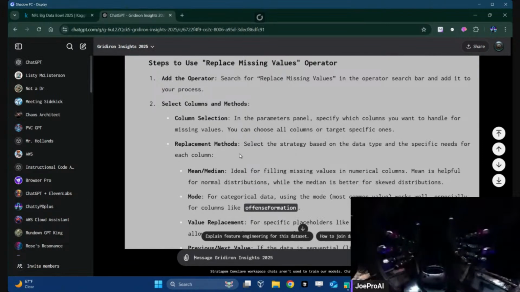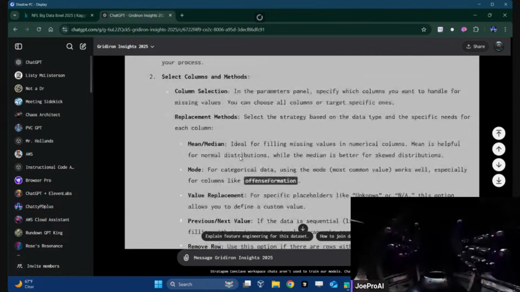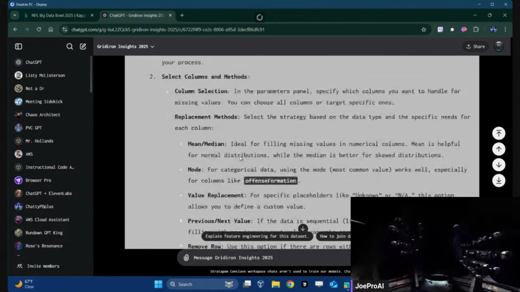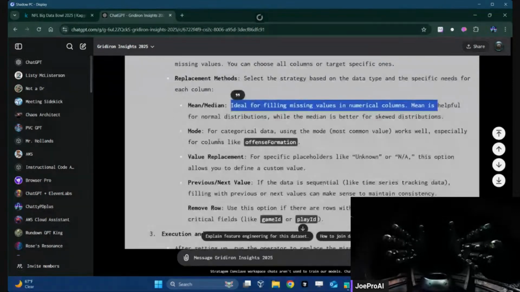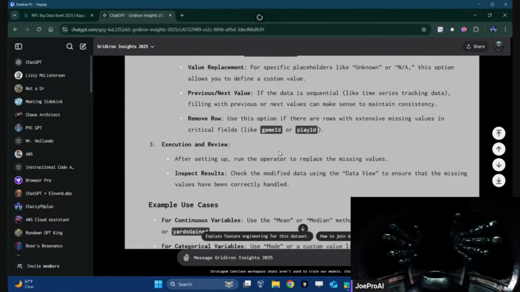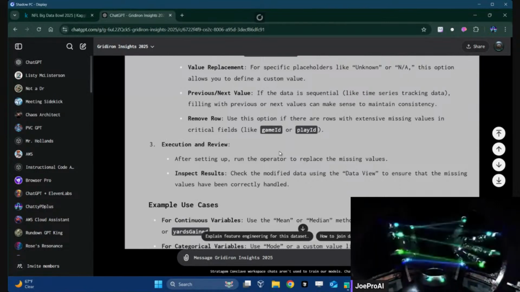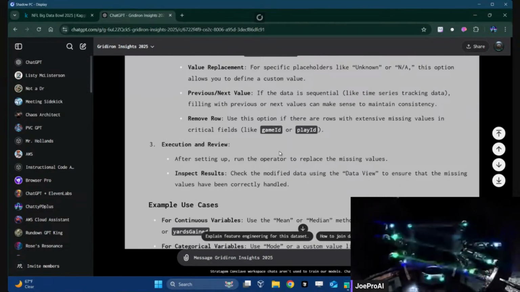Select strategy. So okay, so it's doing the thing, right.